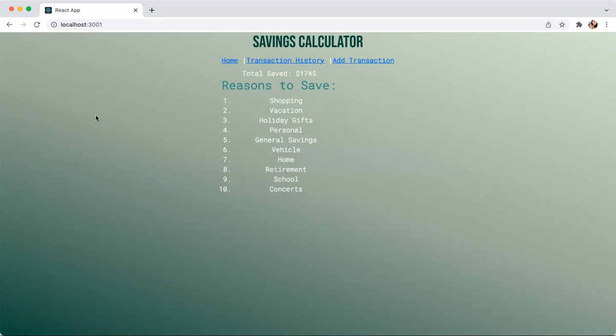All right, welcome to my savings calculator application. It's a simple application with the purpose of not only logging or reflecting an amount saved, but also posting transaction history and allowing a user to associate each transaction with a specific goal, or as we can see here, a reason, for the savings. So on this home route, I'm just going to give the page a quick refresh